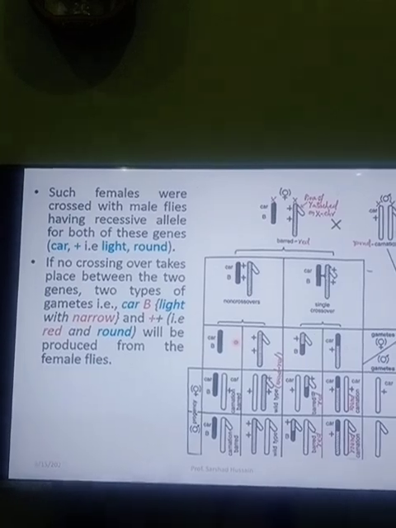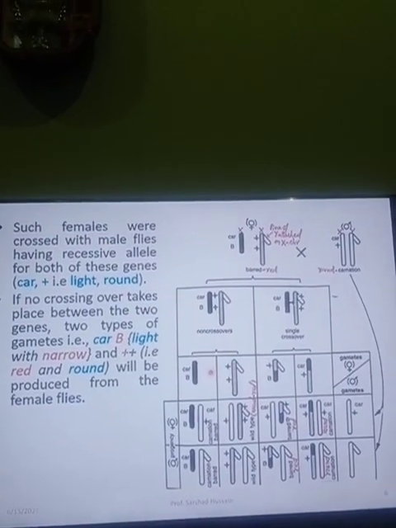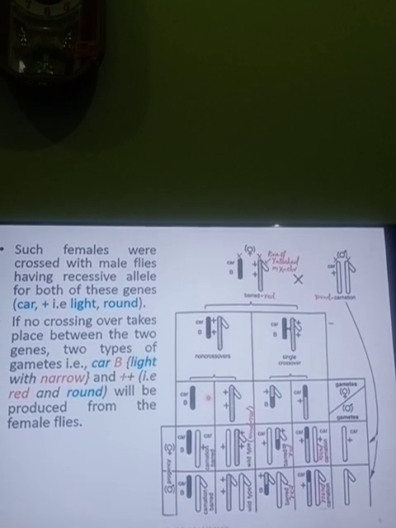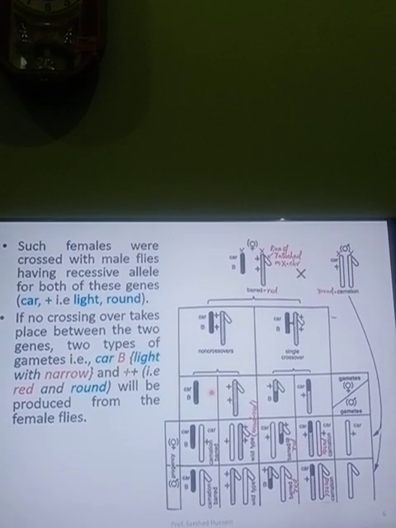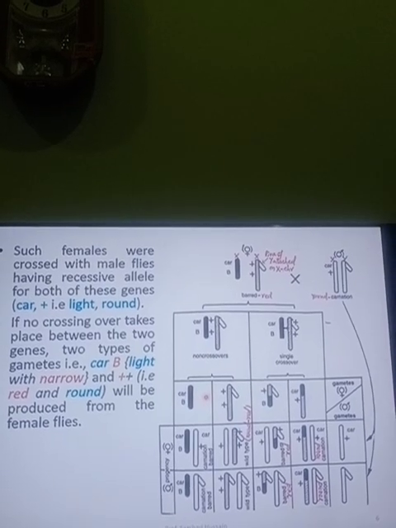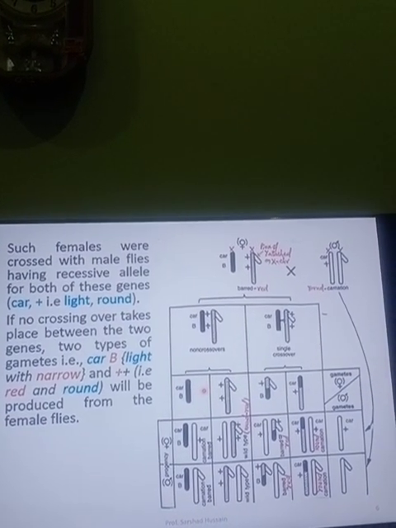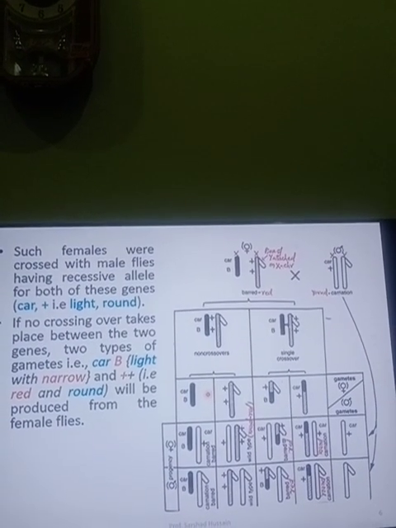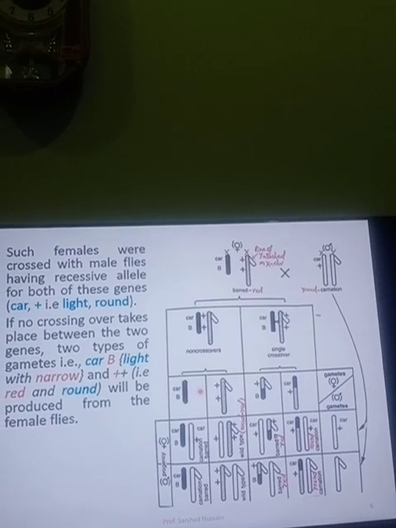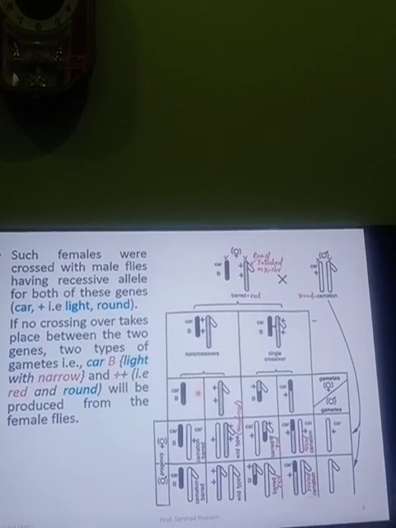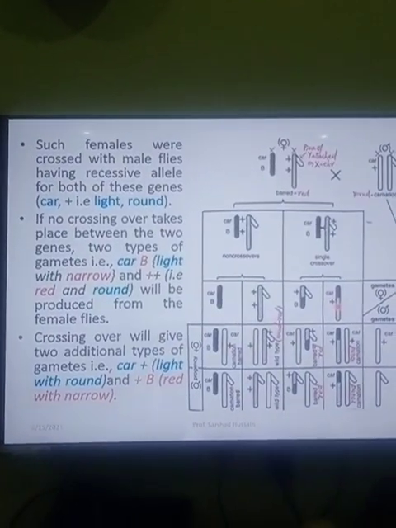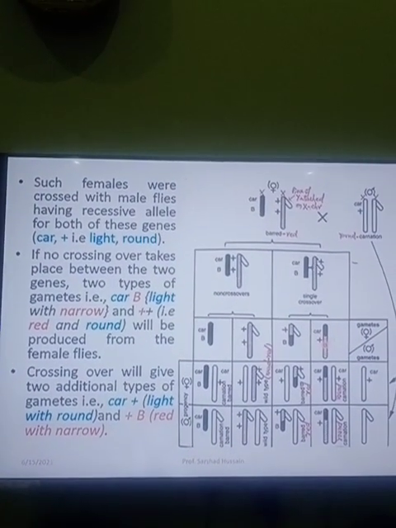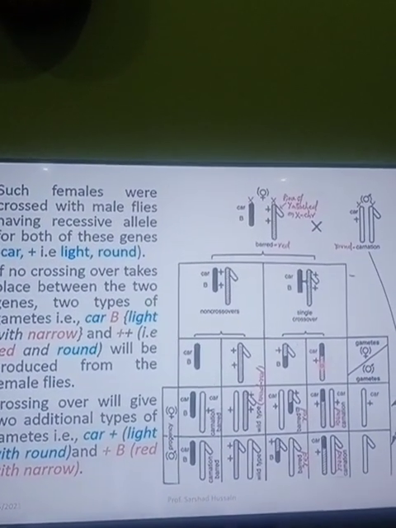If no crossing over takes place between the two genes, two types of gametes, that is car B, light eye color with narrow eye, and red eye color with a round shaped eye, will be produced from the female flies. If crossing over actually occurs, it will give two additional types of gametes, that is